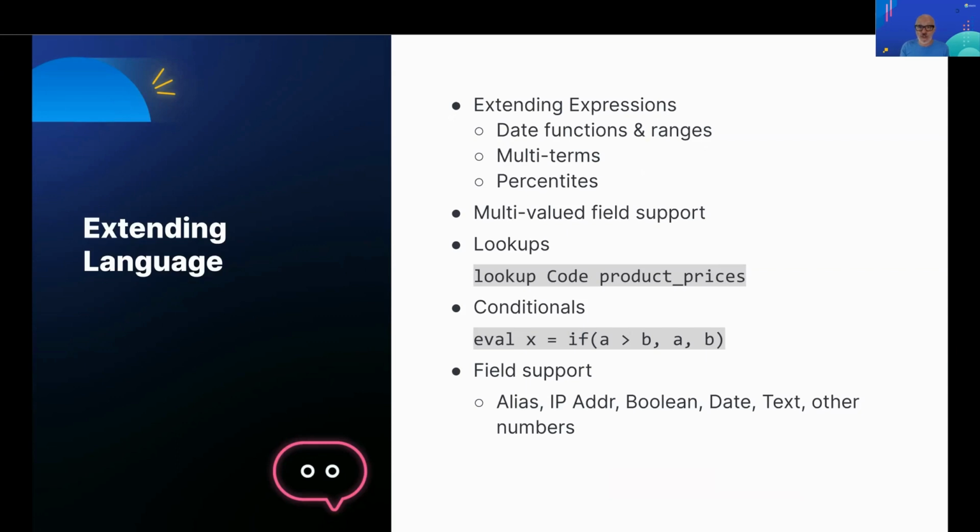In terms of the language, there are many exciting areas of development. We're adding support for date range and date manipulation. Dealing with histograms in a simpler way is super important for us to simplify. There is still work to simplify multi-value fields, that is, arrays, nested documents in reasonable ways. There is some complexity on how Lucene handles missing fields and null values, and so we want to smooth out